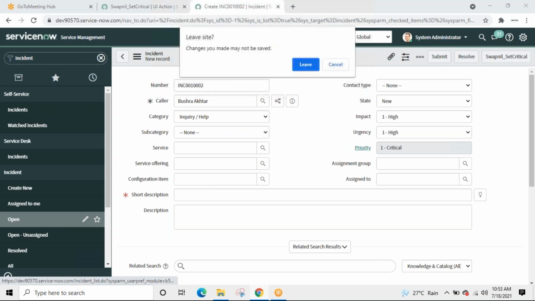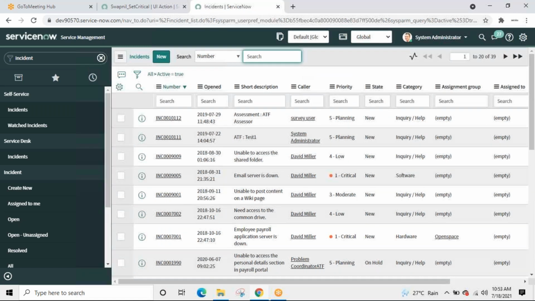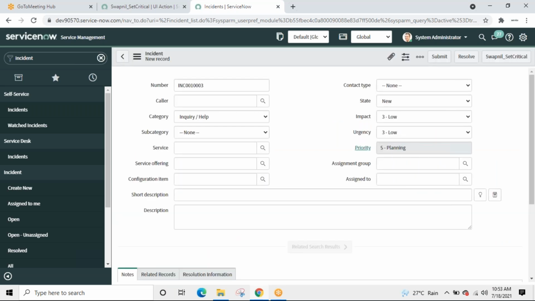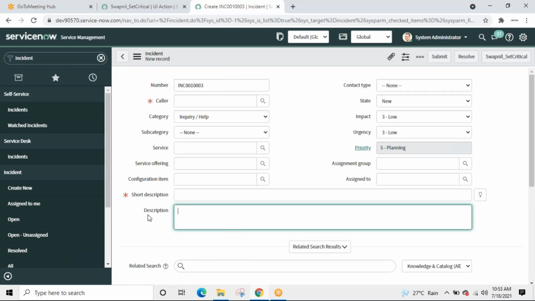Okay, when I click on open, it will show me the list. If I do it like this, we know when we click on this button, this will be set. But how about description, setting it to mandatory? Would it set? Let us check.